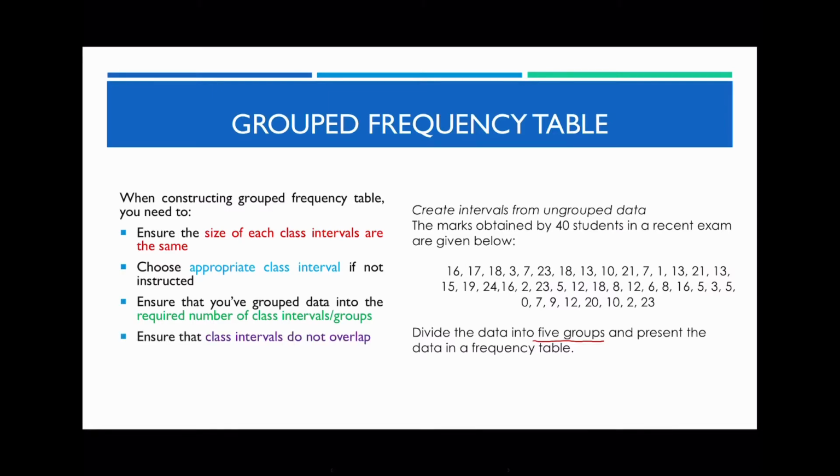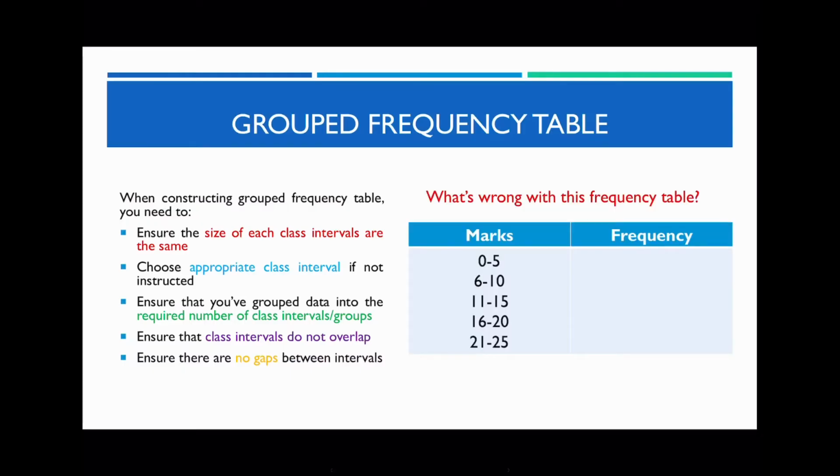You also need to ensure that the class intervals do not overlap with each other at all. And I'll show you an example soon to demonstrate what I mean by this. And lastly, you need to ensure that there are no gaps whatsoever between their intervals. Now, to better understand what constitutes a really good frequency table, I've got an example on the right-hand side of here